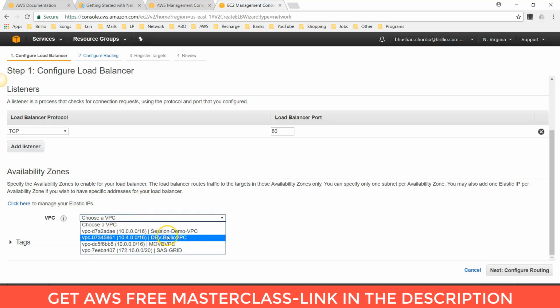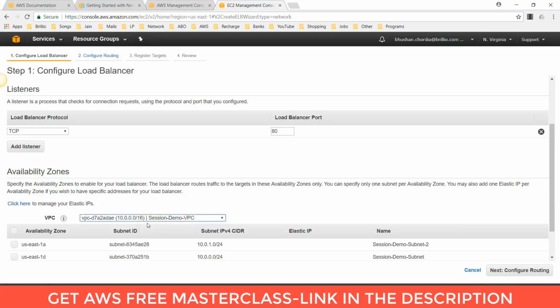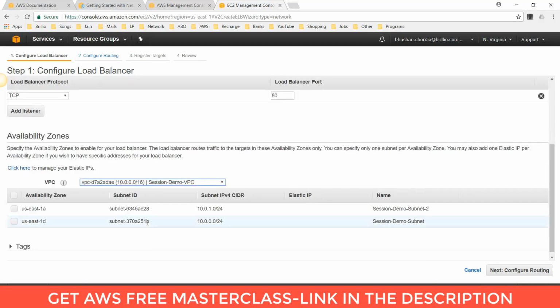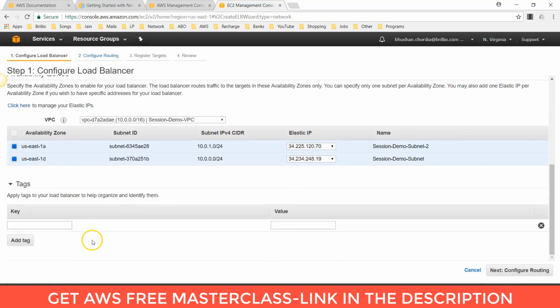So for now I am selecting the VPC, session demo VPC, which is created for this demonstration. Now as you can see here, there are 2 different subnets in 2 different availability zones, US East 1A and US East 1D. So I am selecting both the availability zone subnets, and here you can give the elastic IP for both subnets, and you can attach the tags.